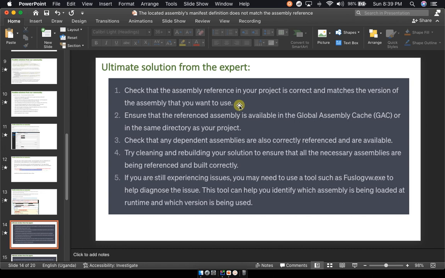Same interpretation. Ensure that the reference assembly is available in the global assembly cache, the GAC, or in the same directory as your project. You must make sure that this step 2 is done. Check that any dependent assemblies, that's step 3, are also correctly referred and available. Step 4, try cleaning and rebuilding your solution to ensure that all the necessary assemblies are being referred and built correctly. Step 5, if you are still experiencing the same issue,